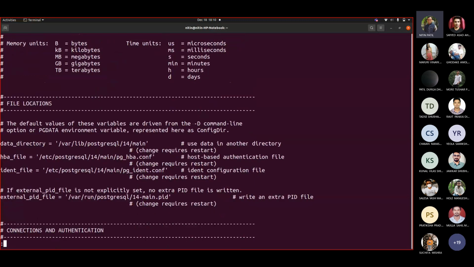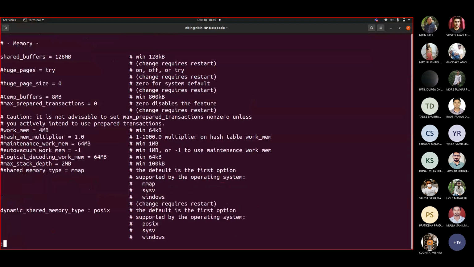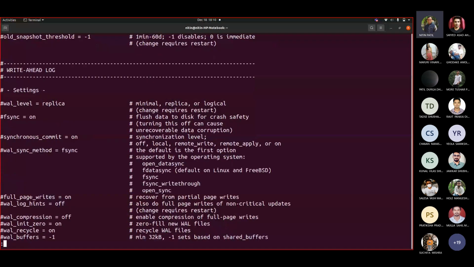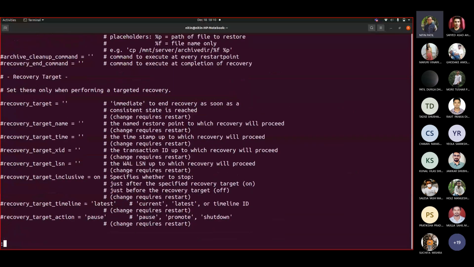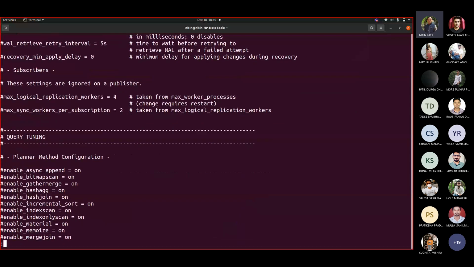If you go below, let us see whether we can find those operators there.